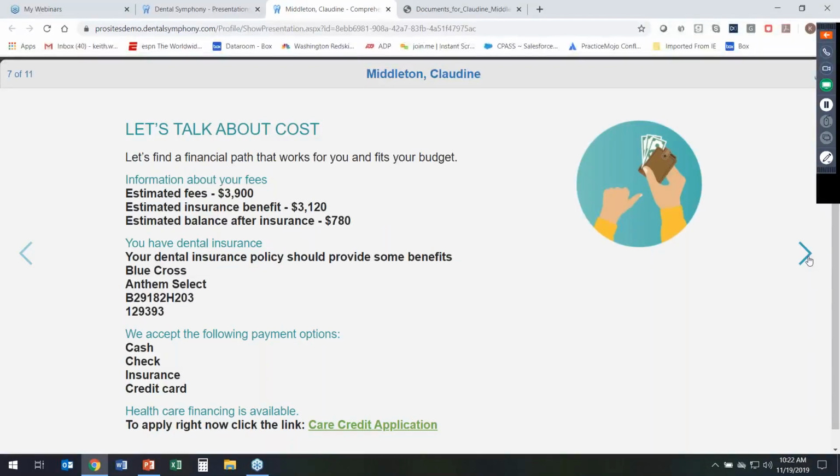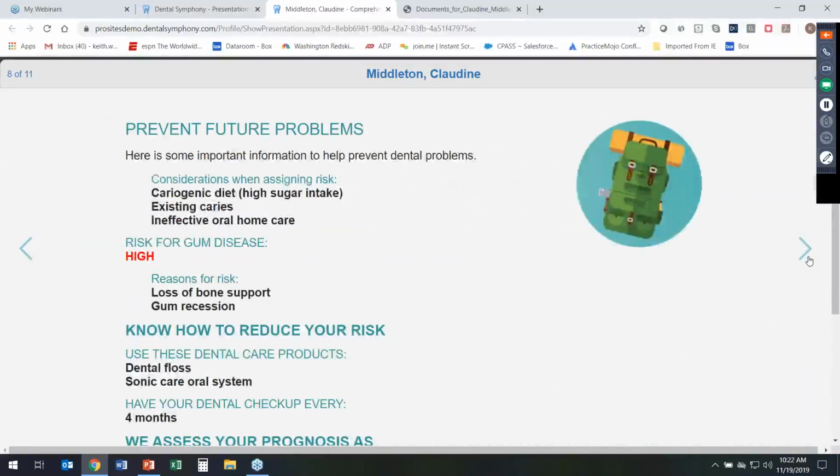This is how we take payment, and you have a lot of flexibility in the presentations to talk about payment, including if you have a CareCredit application on your website, like our ProSites customers do, we can provide a link right to that CareCredit application so that the patient can fill out an application and perhaps get financing right away. Every dentist likes to talk about and make sure that we talk about preventing future